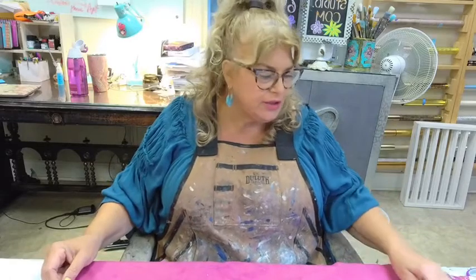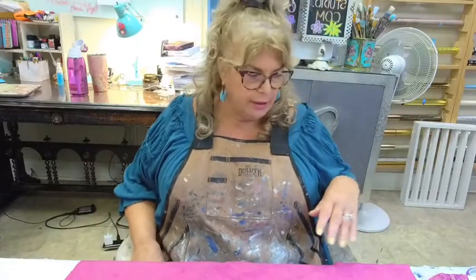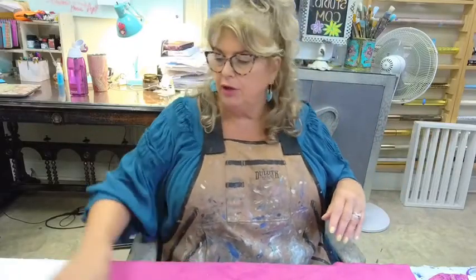The day before yesterday, we were working on the apron with the heat transfer vinyl adhesive and the pre-cut patterns. We may do some of that today. It depends on how the scheduling goes. If not, we'll do it tomorrow. It'll still be there. Today, you all know I had that chair that I gilded in the back of the